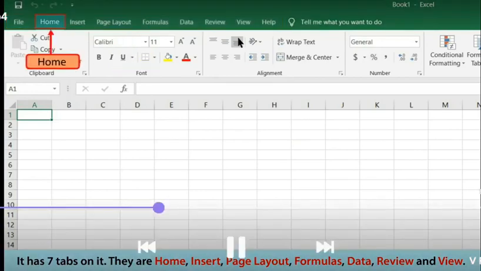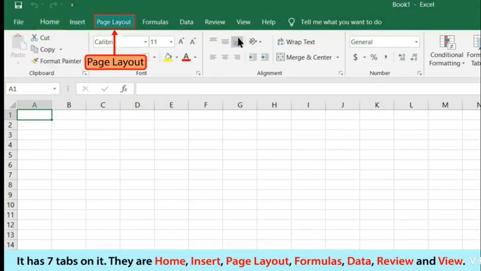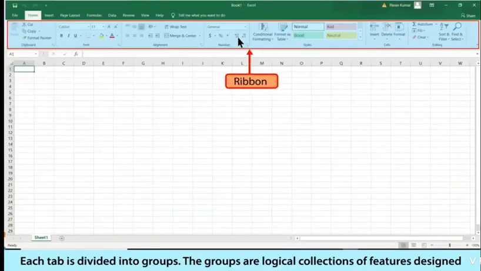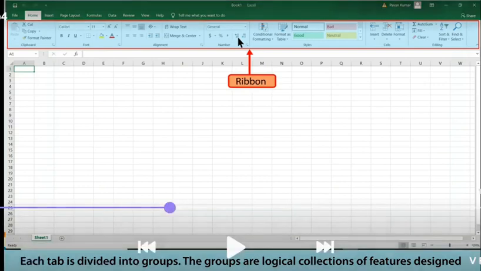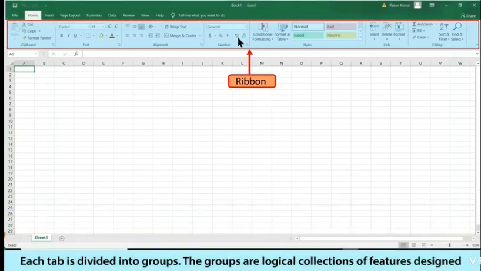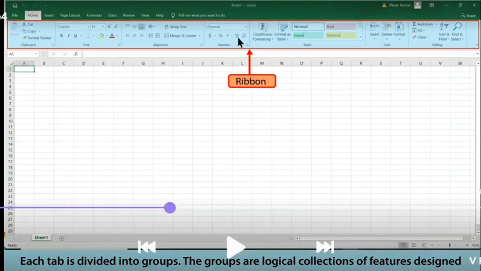The tab is used to format in Excel very easily. Okay, so each tab is divided into groups, and the groups are a logical collection of feature designs. Means इसके अंदर काफ़ी सारे फीचर्स दे रखे हैं. Suppose if you want to increase the size of font, then you will use the font group. If you want to use the alignment, then you have to use the alignment group. So the tab is divided into groups, and the groups perform the special operation in Excel. Okay,